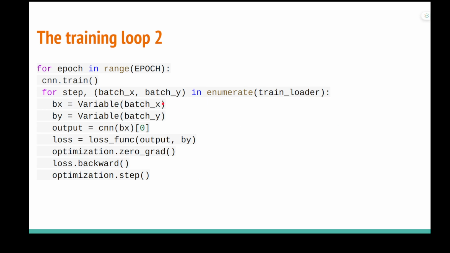Okay, so here is the real implementation of the above picture. The first loop will be the epoch. For each training run, we might check every sample in the data set a couple of times. This will be defined as the epoch parameter here. Typically this parameter will be acquired from the command line, or you can hardcode it in your deep learning program. And we need to call the CNN.train function. This is really important.